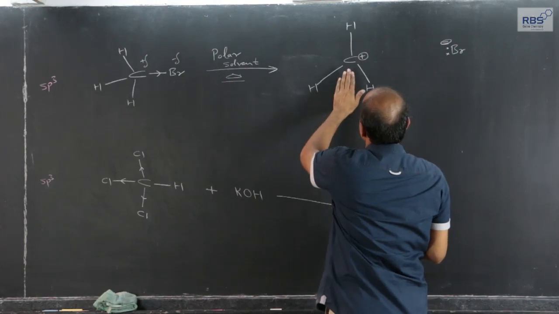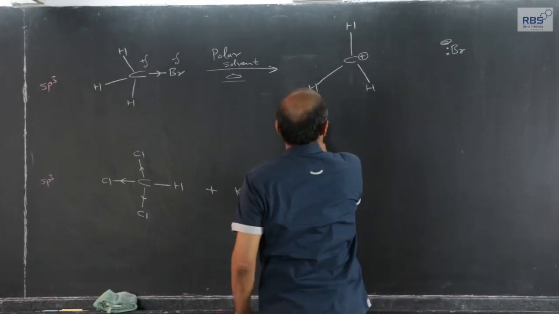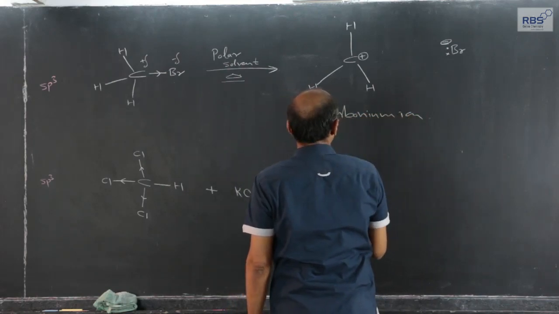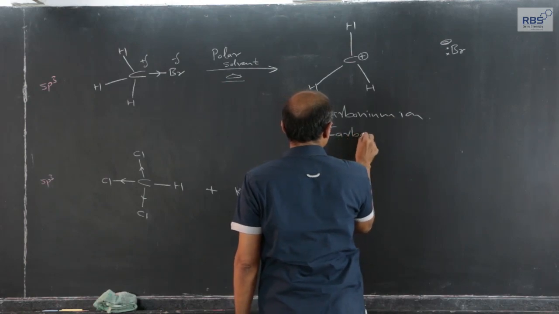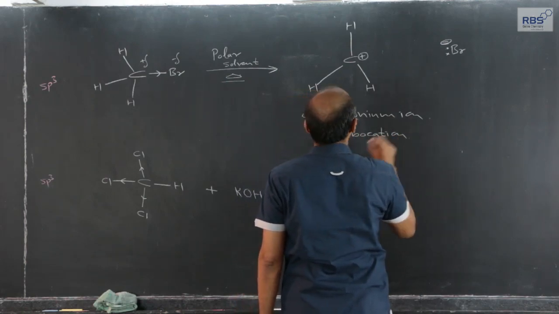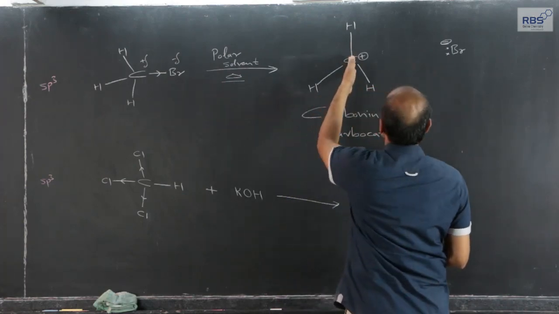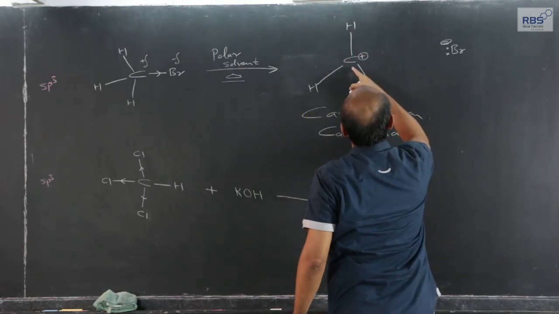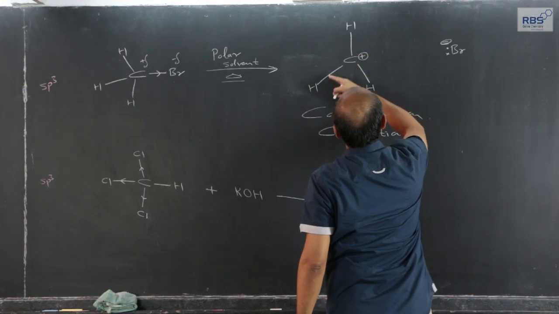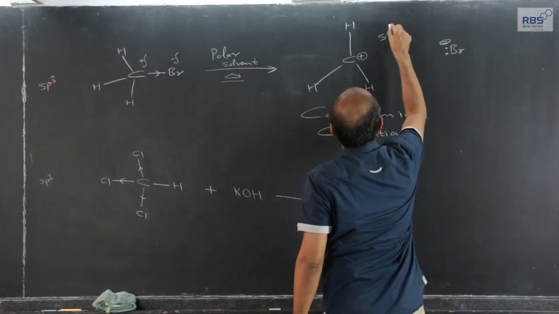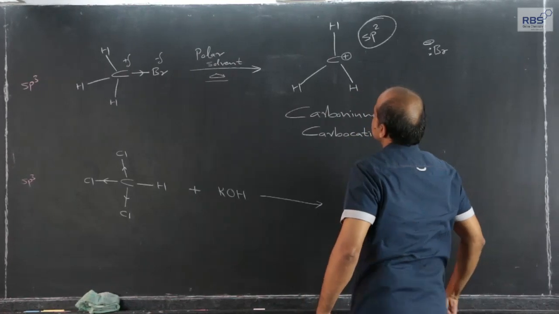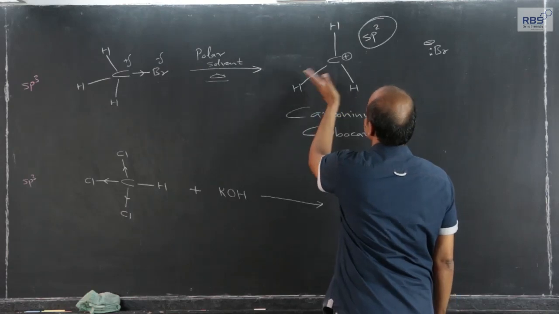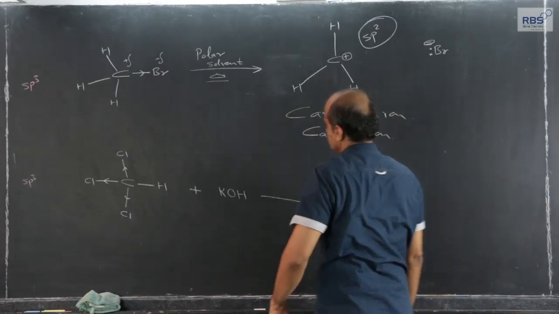charge on carbon. Now, this positively charged carbon is called carbonium ion, or it is also called carbocation. Empty orbital is perpendicular to the plane which contains these 3 bonds. Here the carbonium ion, since it has 3 bond pairs, is sp2 hybridized, in a plane. This thing is necessary for our further study, that is why.